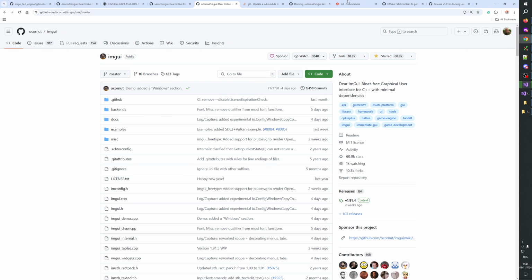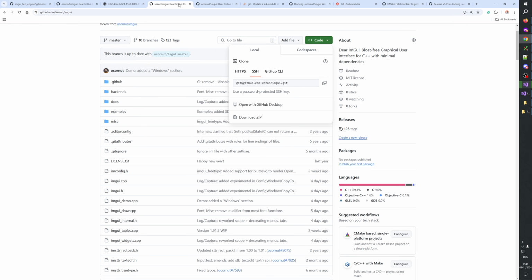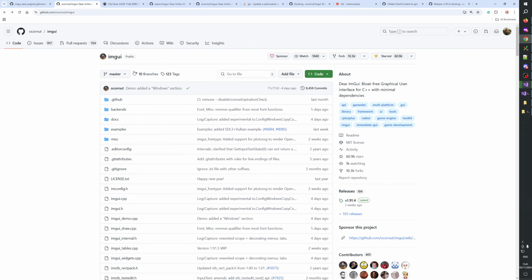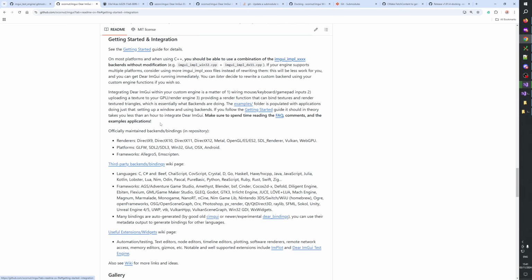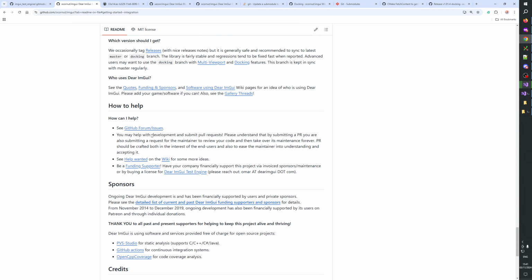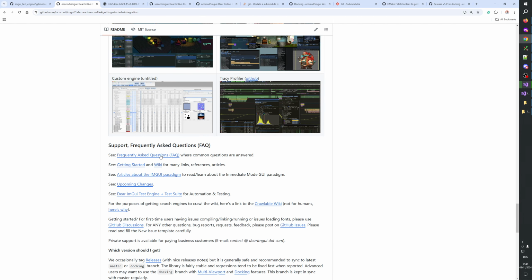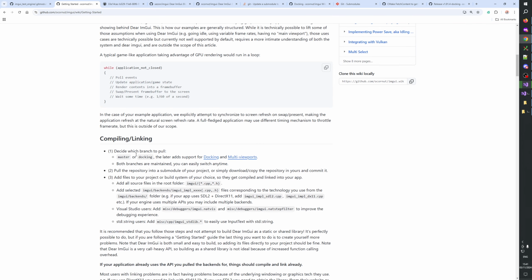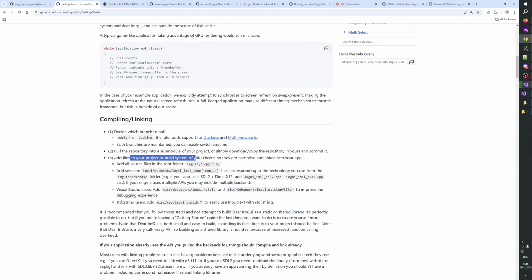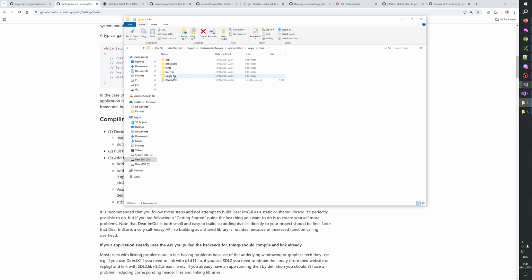Okay, then what we also need, getting started. Compiling, linking. Okay, so add files to your project. Here, the MISC files. Imgui MISC. Debuggers. Okay. So I guess we just have to add